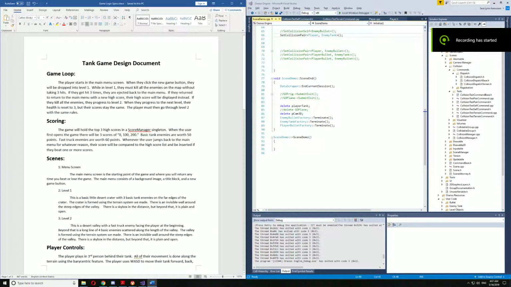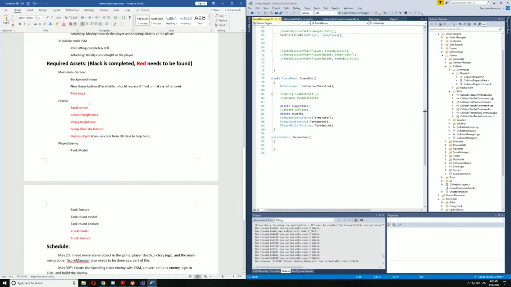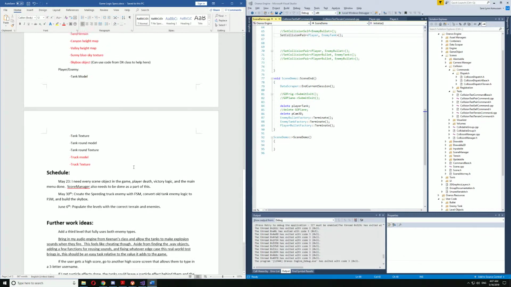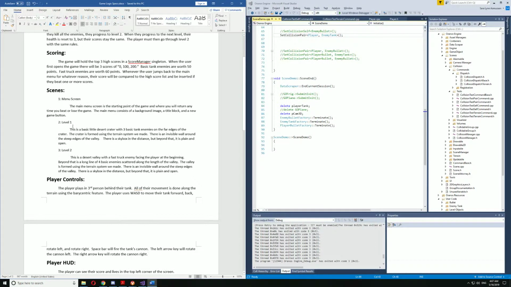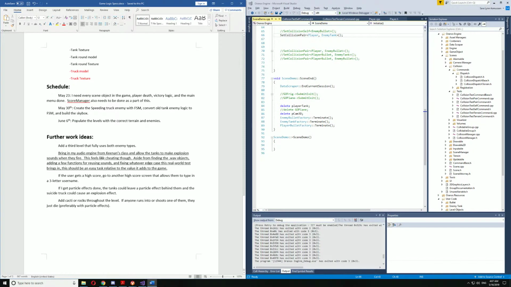Okay, so for starters, I got the larger design document all built out, the exact assets I need, the rough schedule, and then more specifics about how the enemies work, the player's heads up display, the player's control scheme, levels, scoring, game loop. I also want to ask if it would be wrong to bring in my audio engine from Keenan's class,